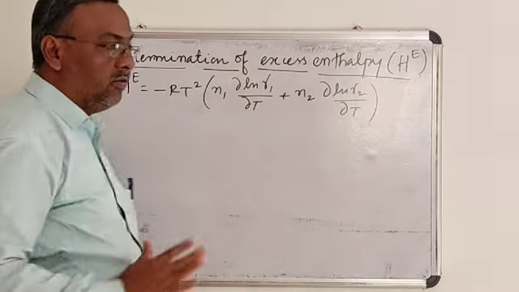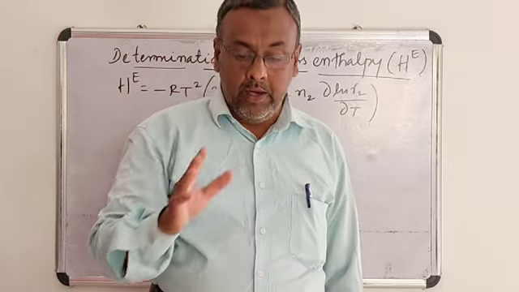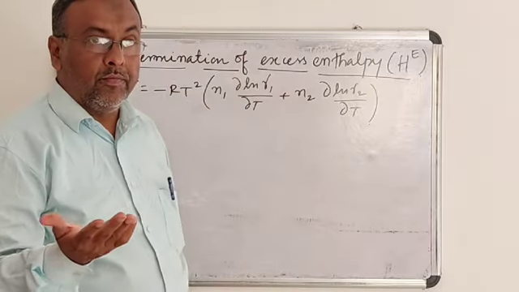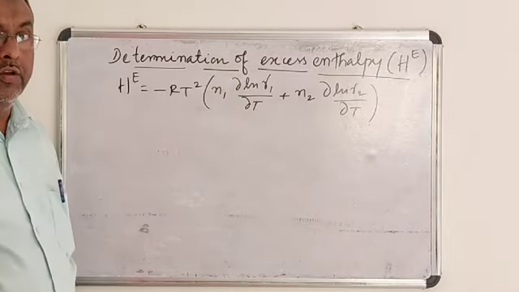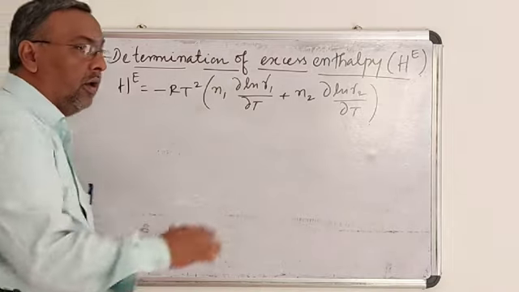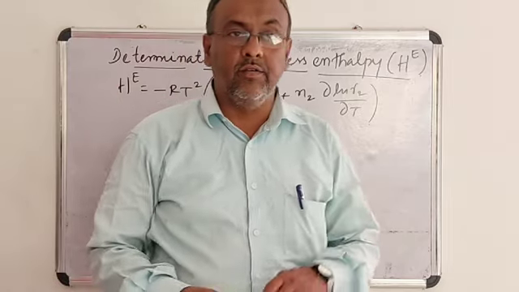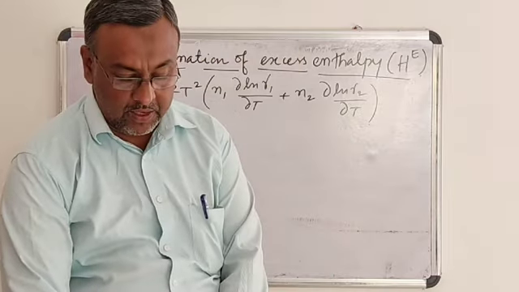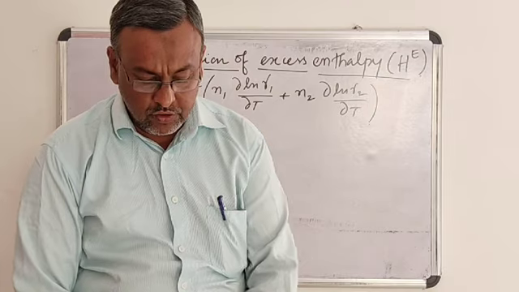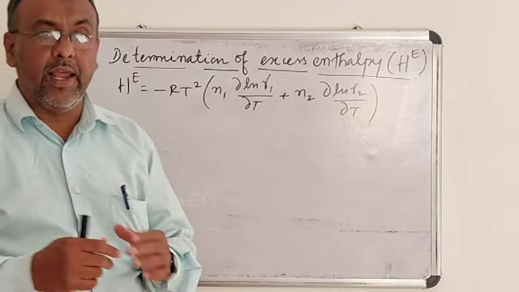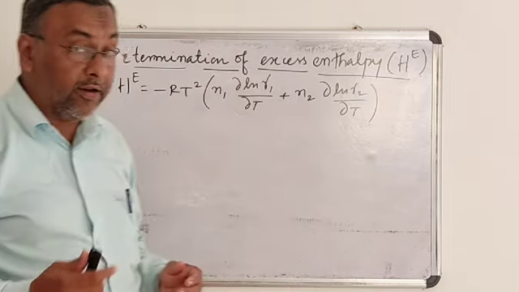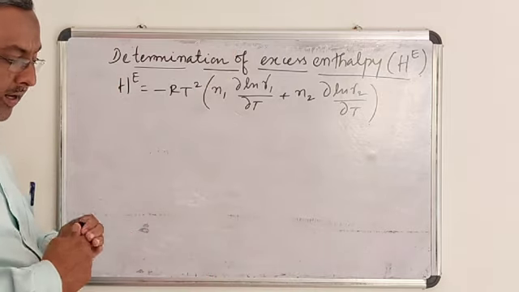Here we have to find out, by using the heat change on mixing of the two solutions, the value of activity coefficient, which represents the deviation from ideal behavior. So how to measure the heat change? The heat change can be calculated by using a calorimeter. Okay, calorimeter we have.